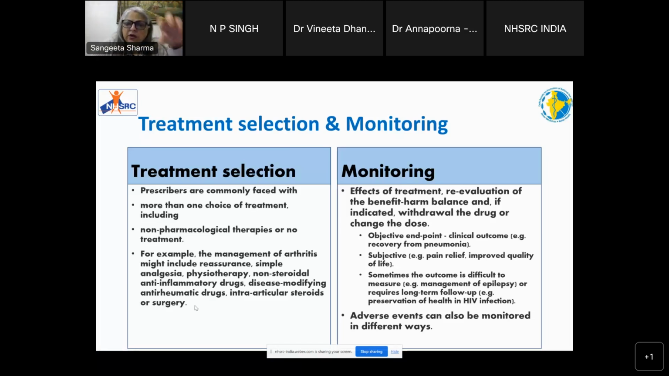So we need to be monitoring this and reevaluate whether our treatment is working or not. Are there any other alternatives available? Can we withdraw it? Can we stop it? PPI is one example. Most of us think that PPIs are harmless medicines. No, they are not harmless. There are reports coming that there are more chances of getting Clostridium difficile infection with this,